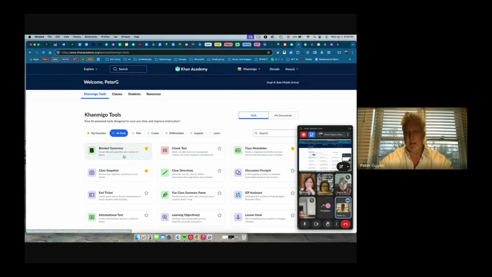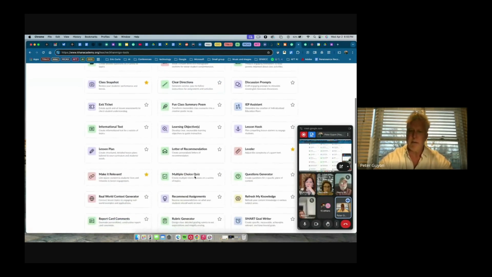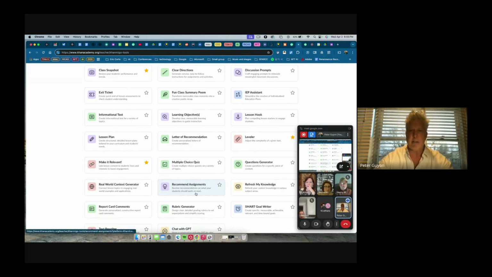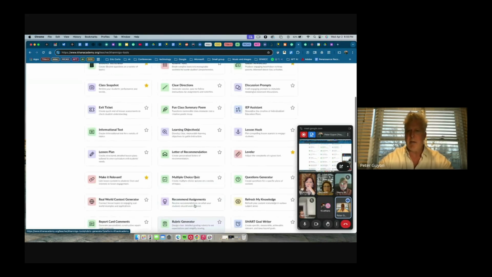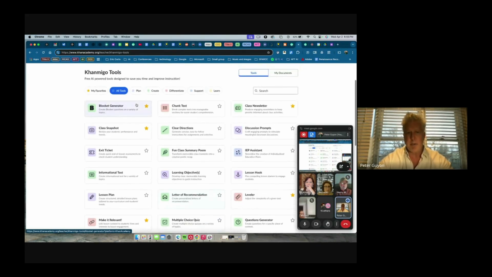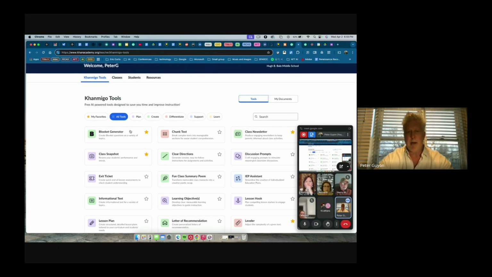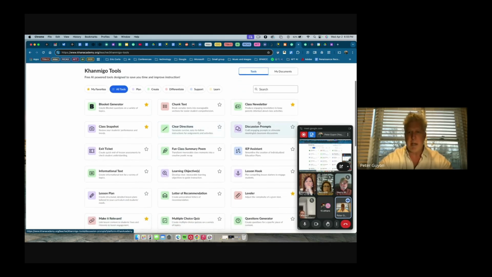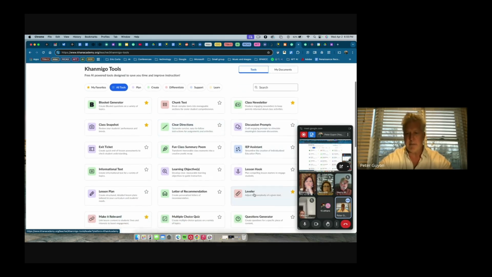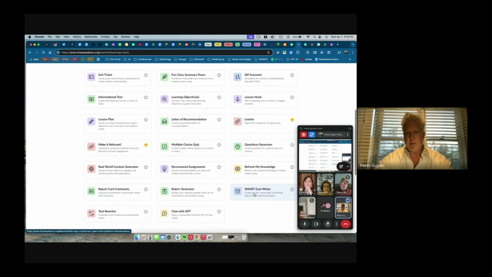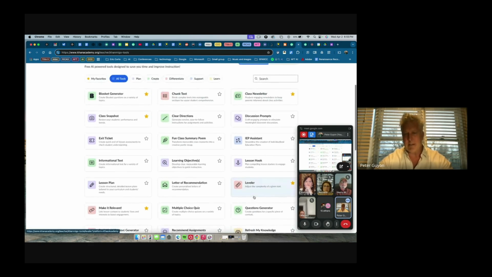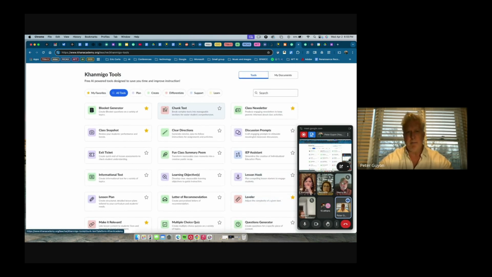Then, instead of going through all of them, you can click on My Favorites and just the starred tools will show up. On the All Tools page, there's 3, 6, 9, 12, 15, 18, 21, 24, 25... there's only 26 of them, so it's not awful.